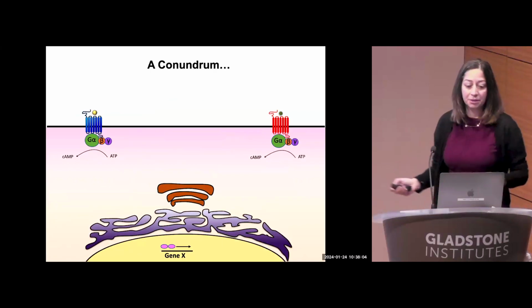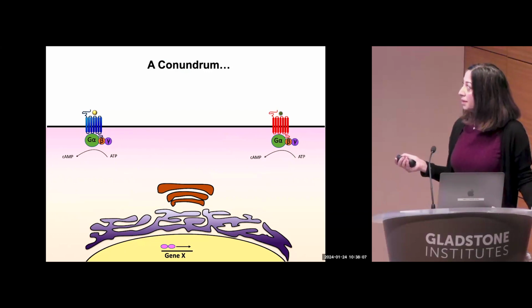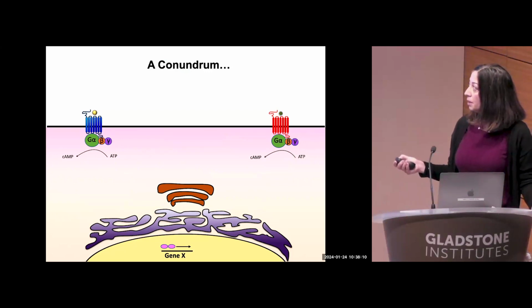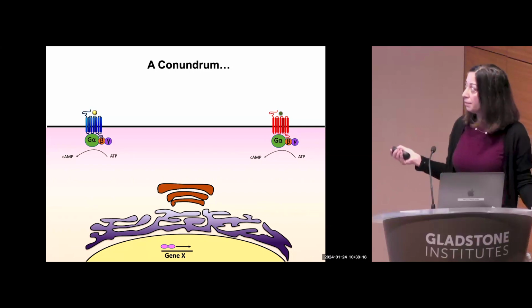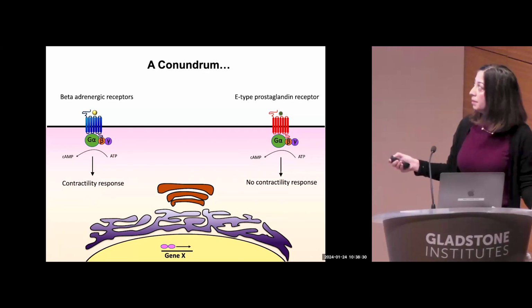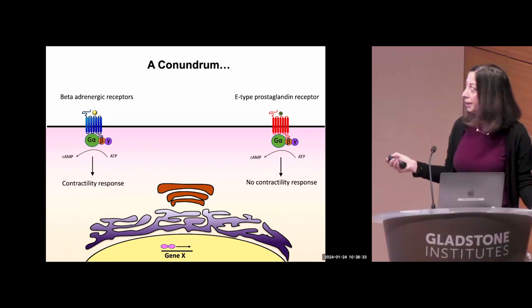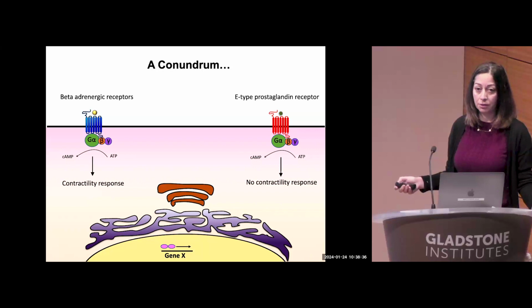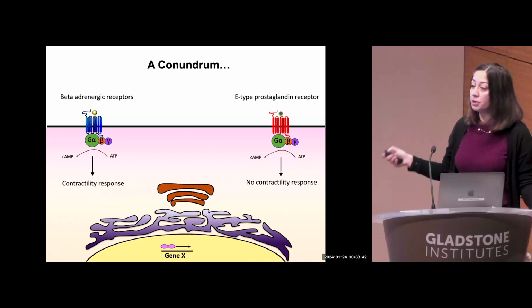But there is a conundrum in the field that existed back in the early 70s. We talked about signaling specificity usually coming from which type of G proteins are coupled to which of these receptors and generate whatever second messenger, in this case cyclic AMP. But there are examples where different hormones activate receptors that both generate the same amount of cyclic AMP in the cell, in this case the beta-adrenergic ligand versus the prostaglandin ligand, but they give rise to different physiological responses. For example, you can only see the contractility response that I showed in slide 1 when you're stimulating the activity of the beta-adrenergic receptor. So why is that?